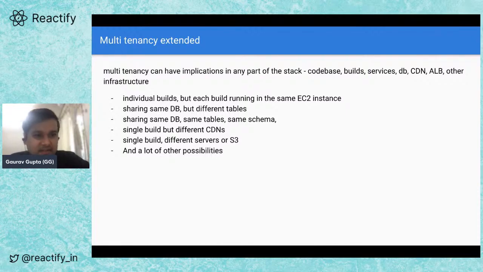You might be sharing the same DB but different tables. You might be sharing the same DB, same table, same schema also, and just differentiated by a primary key or the tenant name or the tenant ID. You might have a single build but different CDN distributions for each tenant. There might be a single build or multiple builds, and there would be different EC2 servers serving these. So there are a lot of options, which means that every part of the stack somehow contributes to multi-tenancy,